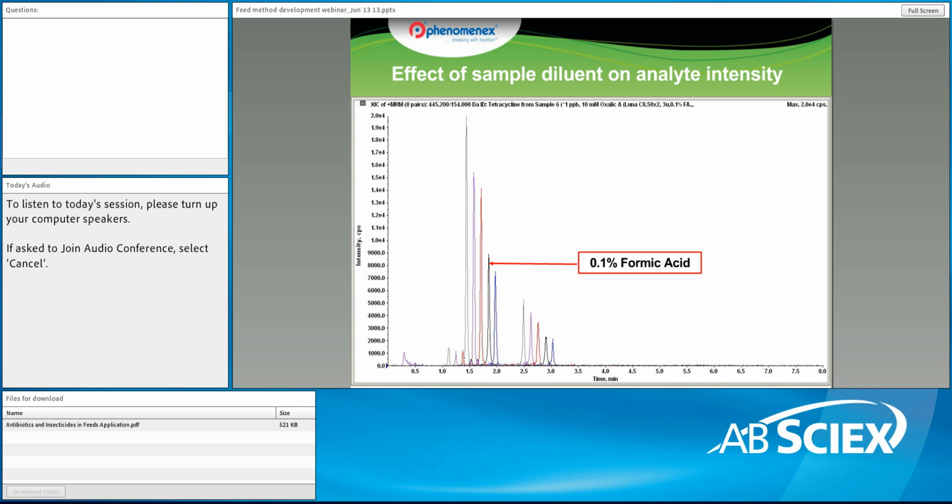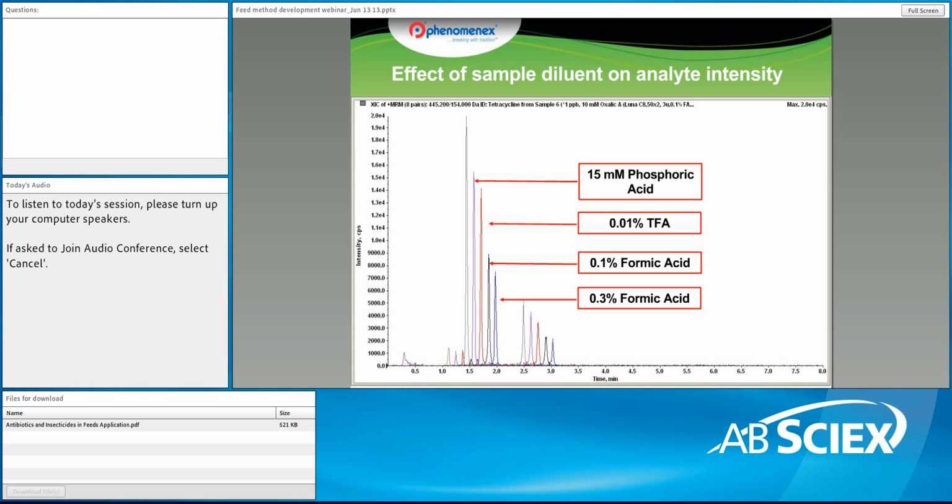Our first baseline was the samples prepared in 0.1% formic acid, which has a peak height of about 9,000 counts. As we increased the concentration of formic acid, we didn't really gain much. Maybe we took a little bit of a hit on the sensitivity. But as we reduced the pH, in this case using 0.01% TFA and then phosphoric acid, the signal is